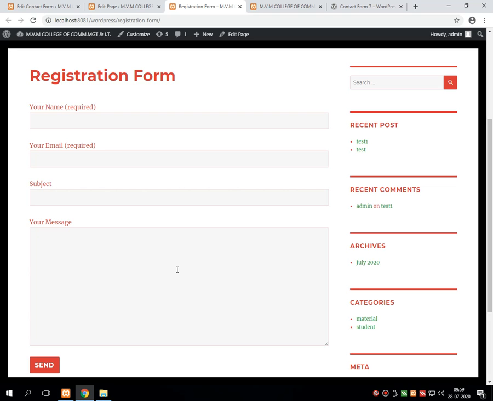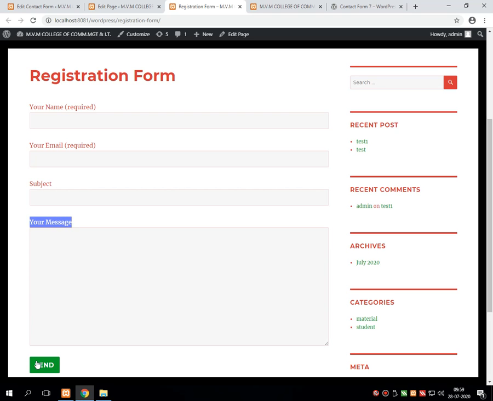Now we'll go ahead for the further discussion. In today's discussion, we are going to see, for example, that by default this plugin gives three text boxes, where the first two text boxes are required and the last text box is a multi-line text acceptance part, where we have to write our message.